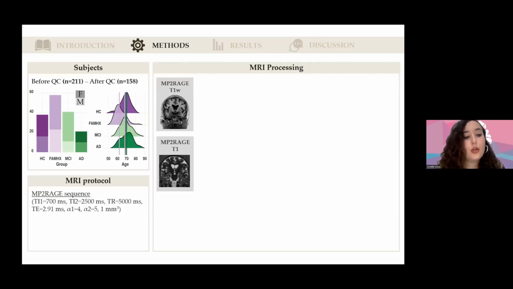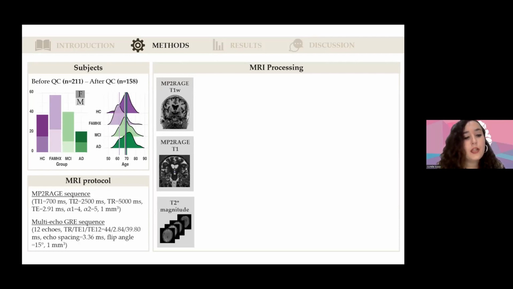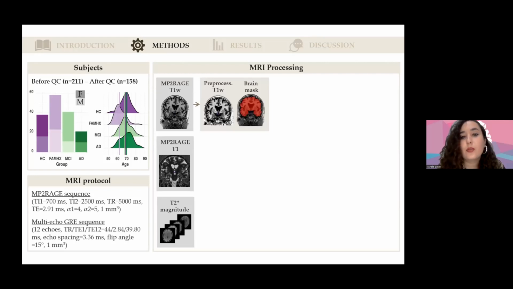For the MRI protocol, we use the MP2RAGE sequence in order to extract the T1 weighted scan and the T1 map. And we use a multi-echo gradient echo sequence with 12 echoes to extract the magnitude scans. From the T1 weighted scan, we use the pre-processing pipeline to extract the T1 weighted pre-processed and also a brain mask. We then use CIVET to extract cortical information, so the cortical surface, cortical thickness, and surface area at each